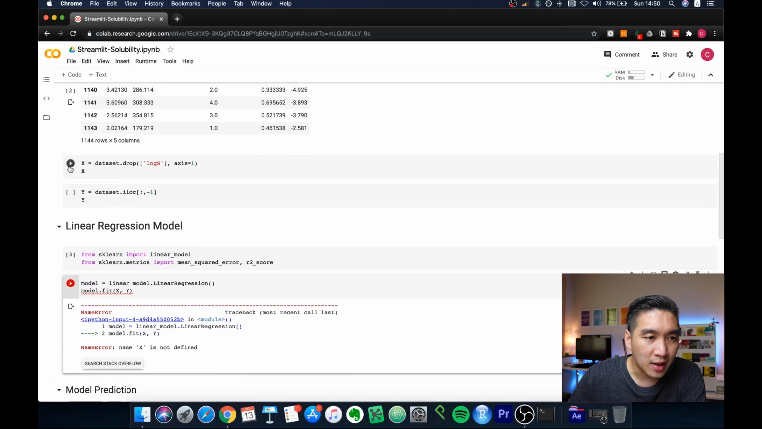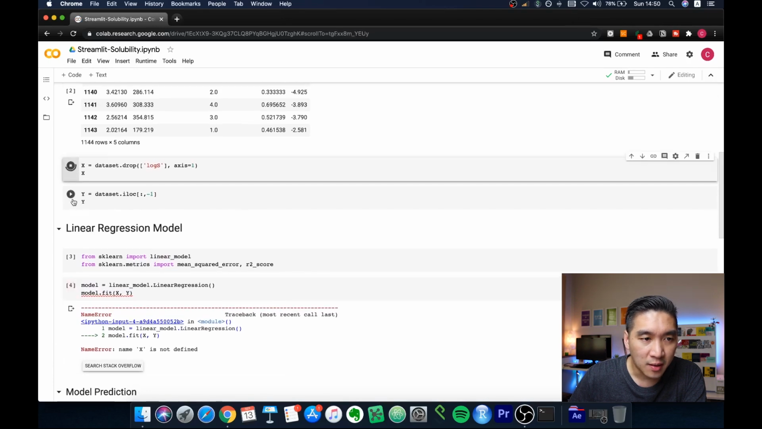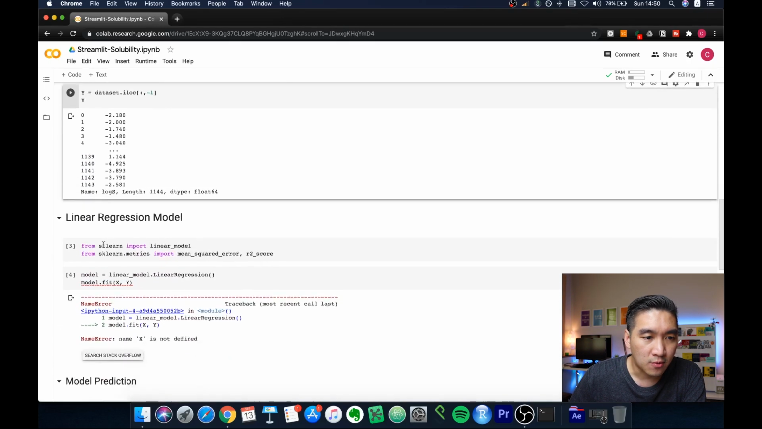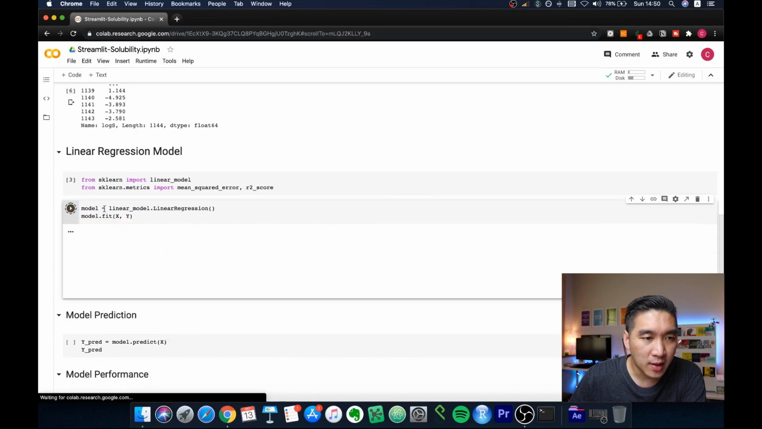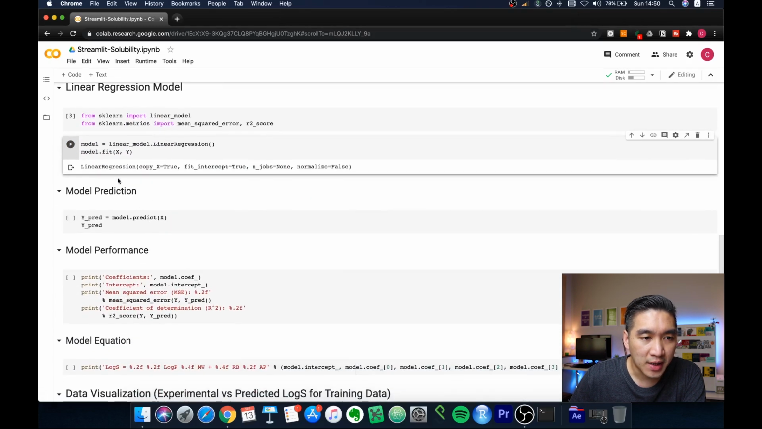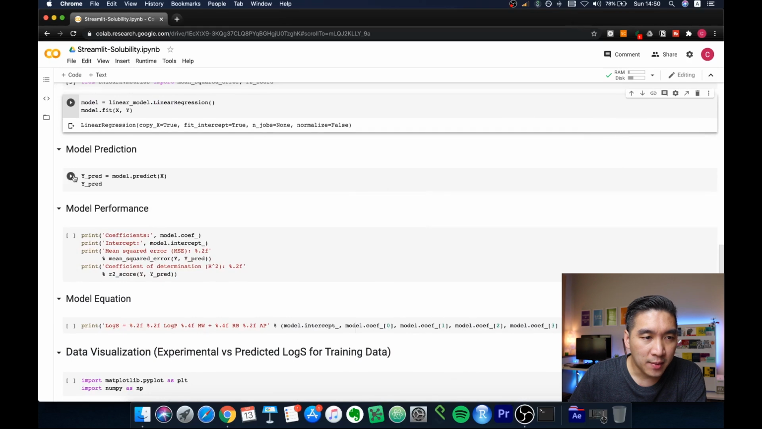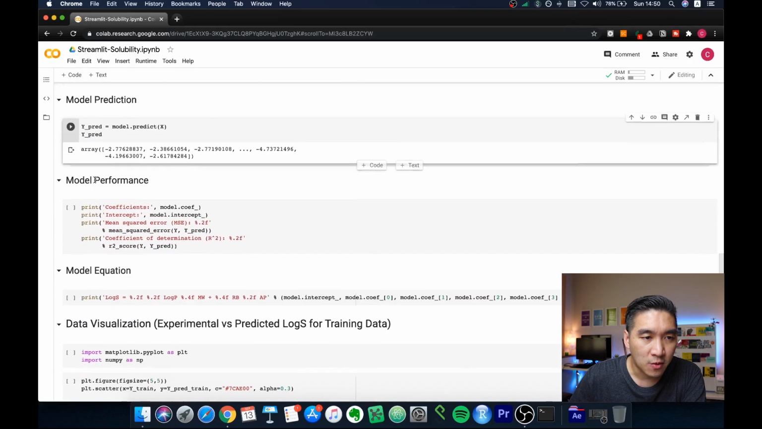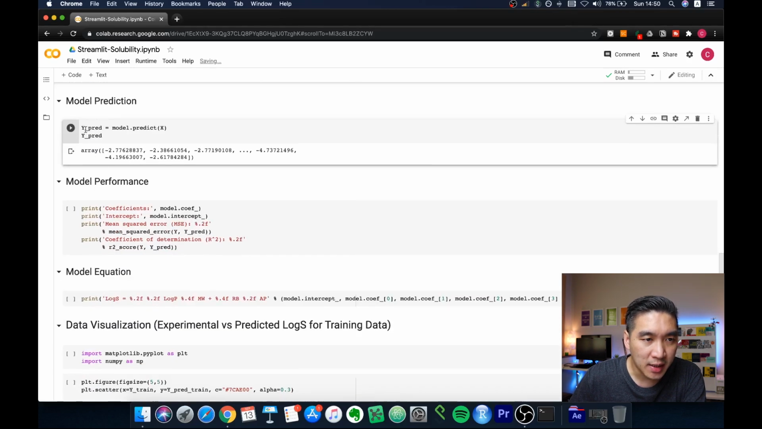X not defined. Okay, so I haven't yet run this. So let me do that first. All right, so let's do the model building. Okay, so the model has already been built. And then we're going to be performing the prediction. All right, prediction has been made and it is assigned to the y_pred variable, and the prediction is made using